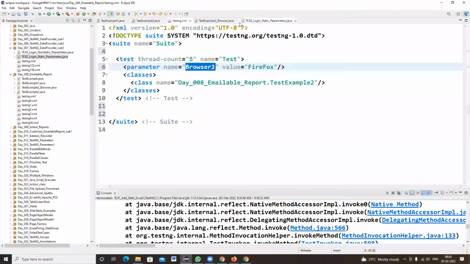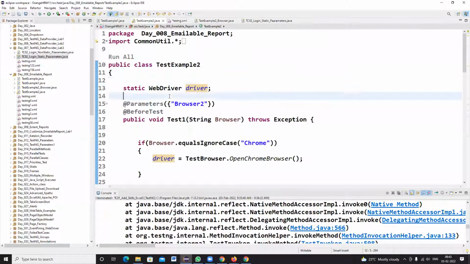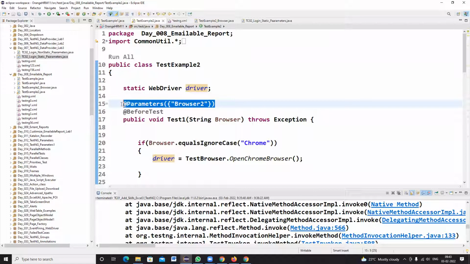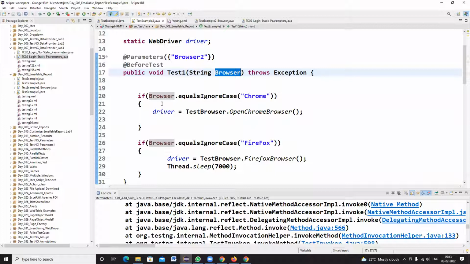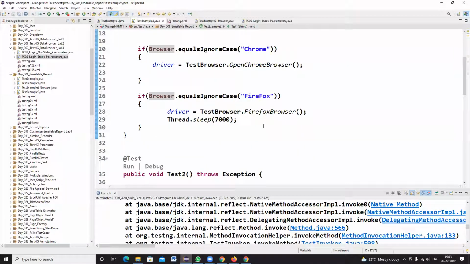If you want to get that value in your program, you need to write @Parameters and specify the parameter name. If you want to pass that value to a local variable, to get it at the method level, you have to declare a local variable so that the browser2 value will be automatically passed here. And if browser equalsIgnoreCase Chrome, it can be pointed like that.